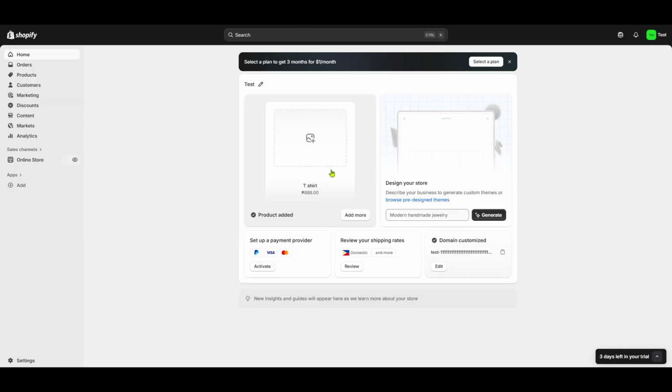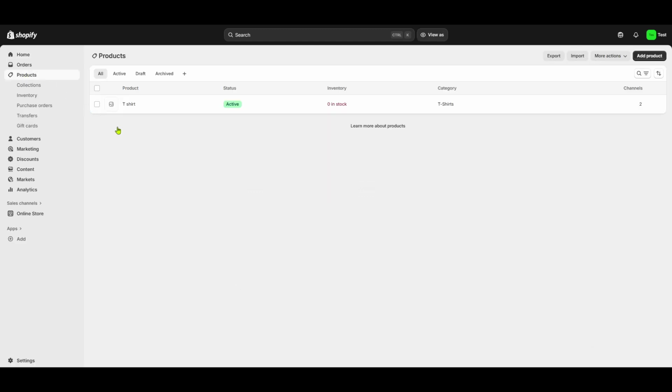Here you can keep track of all your operations, analytics, and notifications. From the home page, direct your attention to the left-hand navigation panel. Click on Products to proceed, where you'll manage all the products in your store. Now that you're in the product section, take a moment to explore the options available. Here, you can manually add products one by one. However, for bulk import, we have a different element to focus on.